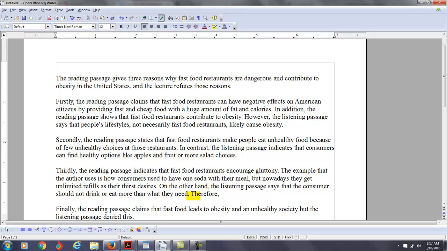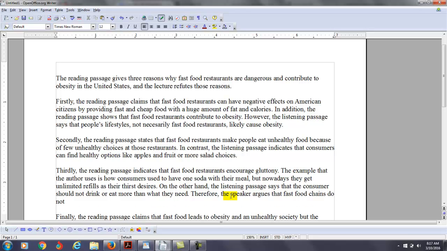So that last part here, you might say, therefore, the speaker argues fast food chains do not promote gluttony. Now you might say there,